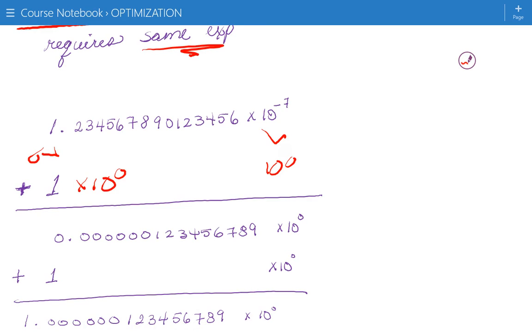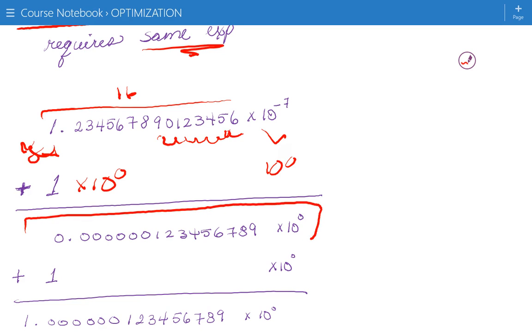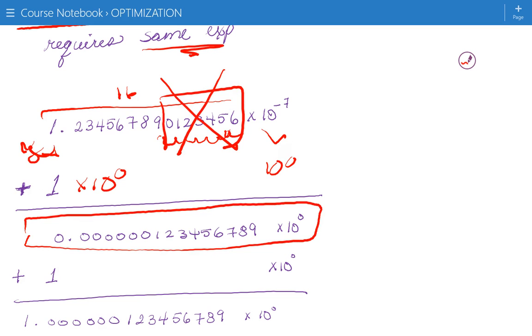But it can only preserve 16 spaces. So every space it goes this way, it has to drop off one of these. So it drops off 7 spaces, and now we get this number, which means we lost that information